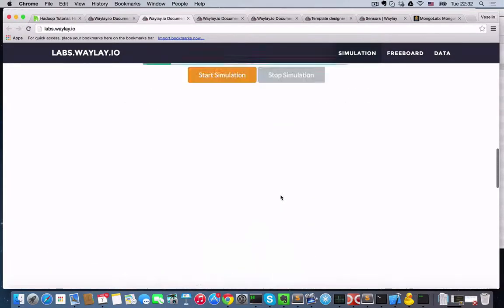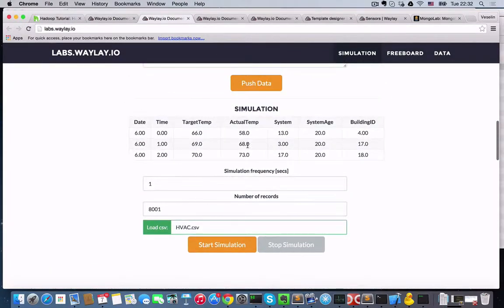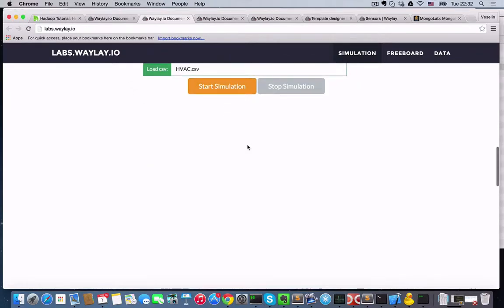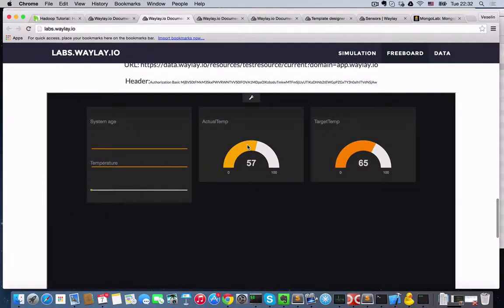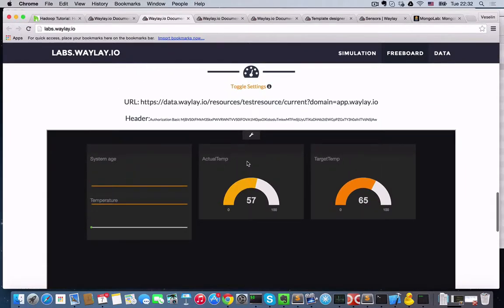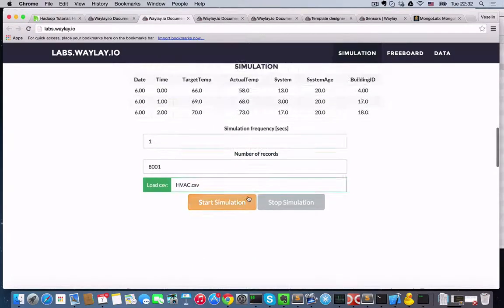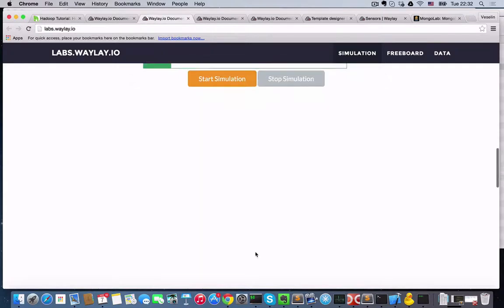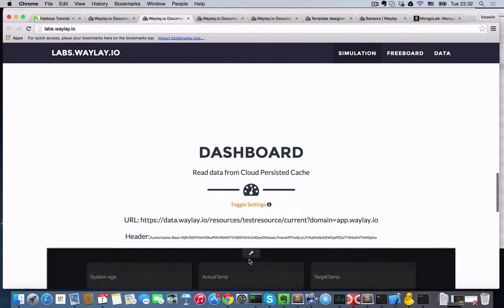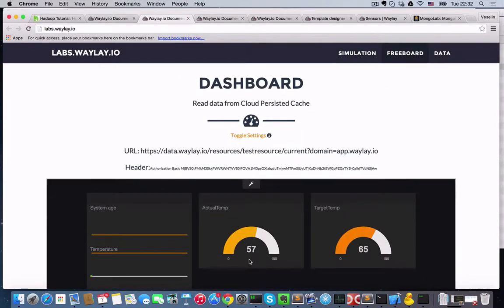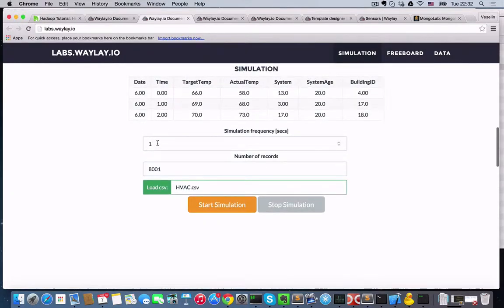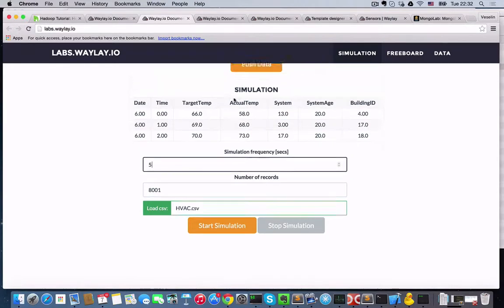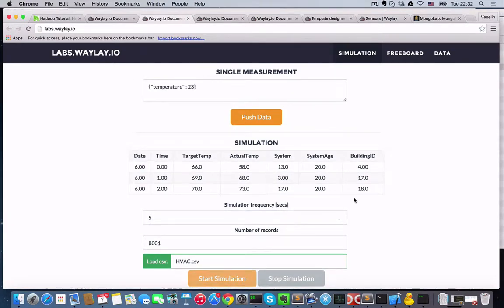So on one hand, I will be pushing the data from the browser towards the cloud broker. At the same time, through the dashboard, I will be connecting to the cloud cache and hopefully see the same values as here with some delay, obviously, because there has to be a round trip delay between the browser and the cloud cache, and then coming back into this dashboard here. Good. So let's see how that works. I will start pushing this every 5 seconds. And if I start a simulation,